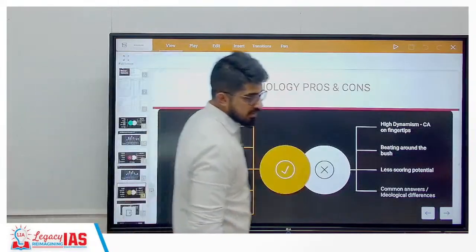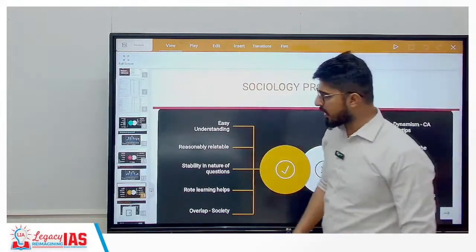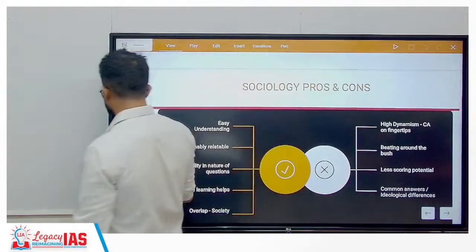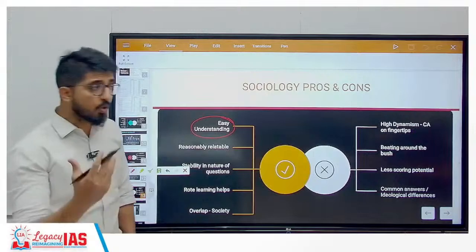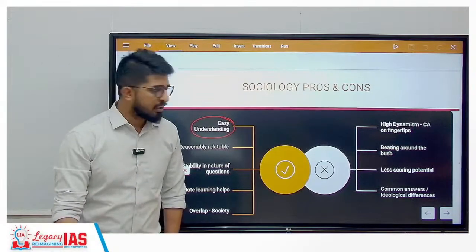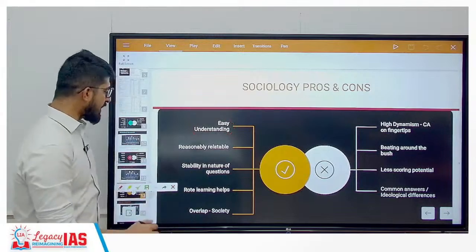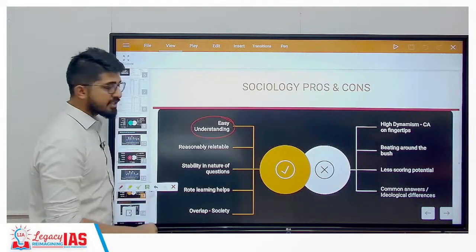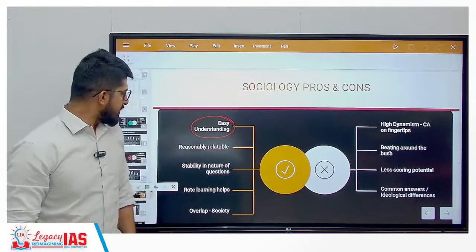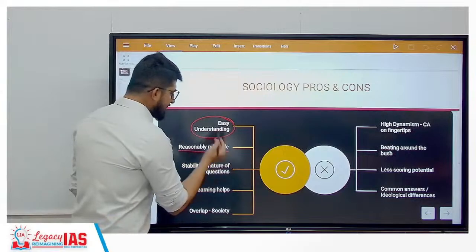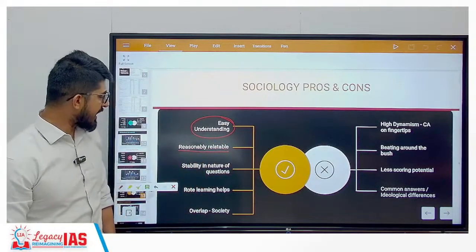sociology. Of all the 4 optionals we spoke of, this is the easiest one, easy to understand. Why? Because this is related to the behavior of people, group of people. So how the society works, that's what this is about. You would be knowing almost everything that is there in the subject already. However, you have to get the perspectives. So it is reasonably relatable to your real life as to how life goes on. It is quite related to that.